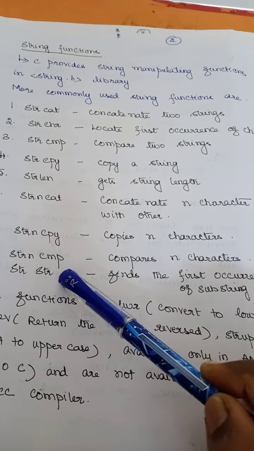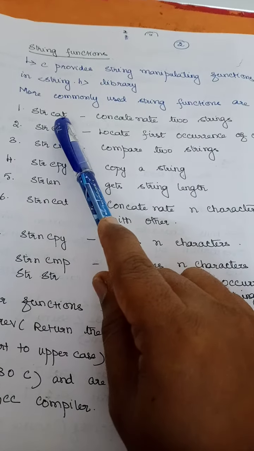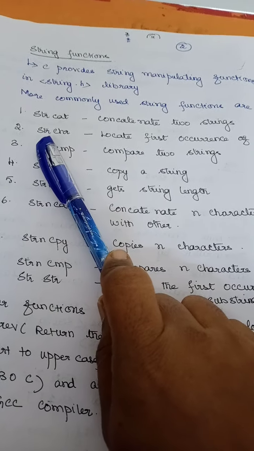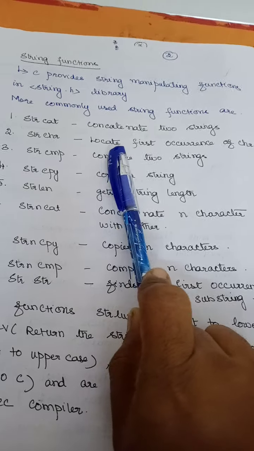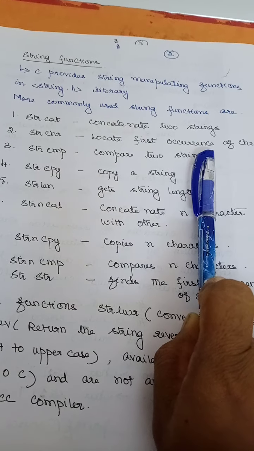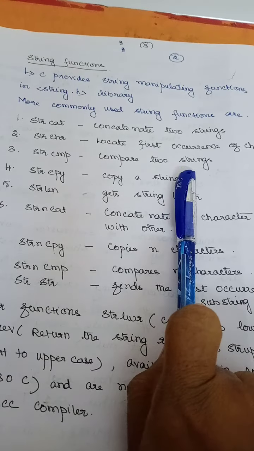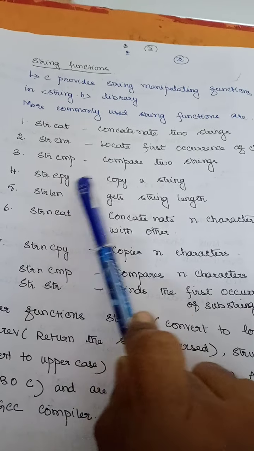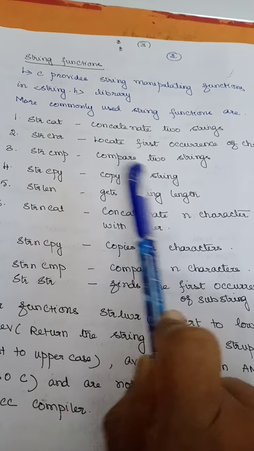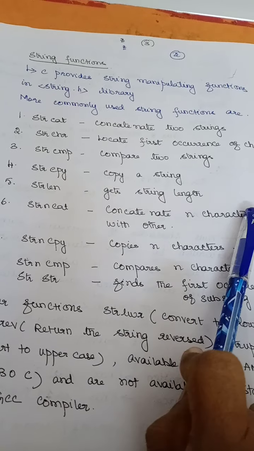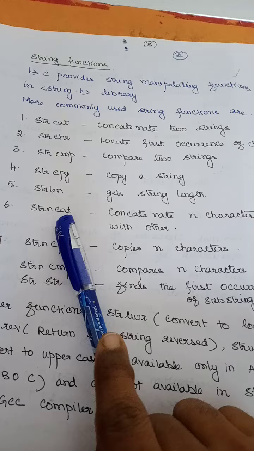string.h. So strcat is used to concatenate two strings, and strchr is used to locate the first occurrence of a character, and strcmp is used to compare two strings, strcpy is used to copy a string, and strlen is used to get the length of the string, and strncat